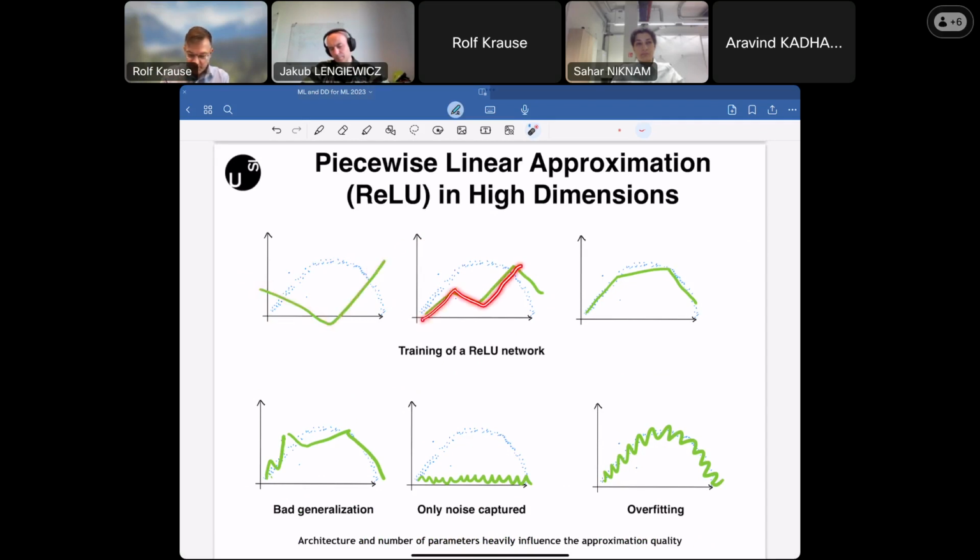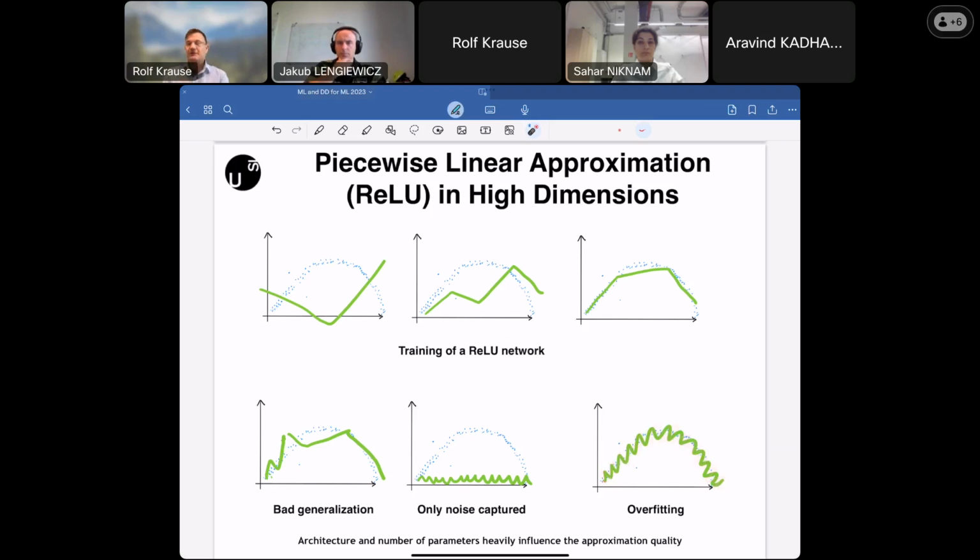And then you hope that during training, you somehow get a better approximation to your data. This can happen. You can get something different, maybe because training data are missing here and here. You will run into bad generalization. What also can happen is that you only capture the noise, depending on architecture and your data. And what also can happen is if you really drive your loss functional to zero, that you run into overfitting, so